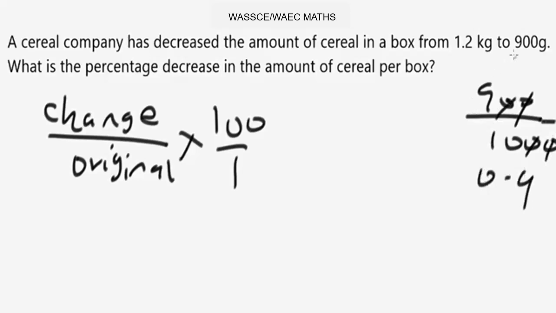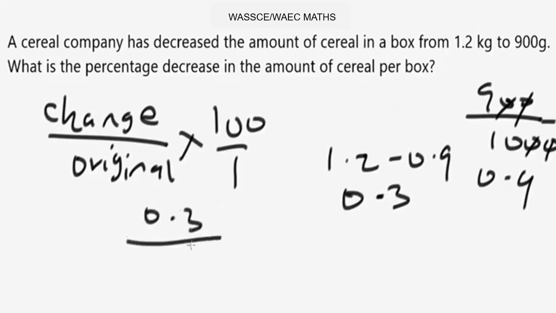Now that we have 0.9, you subtract 0.9 from 1.2. So 1.2 minus 0.9. Okay, so when you punch it on the calculator, you are going to have 0.3. All right, now to get the percentage decrease in the amount of cereal per box, this change 0.3 over the original weight, which is 1.2 kg,